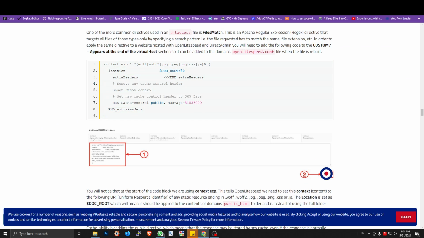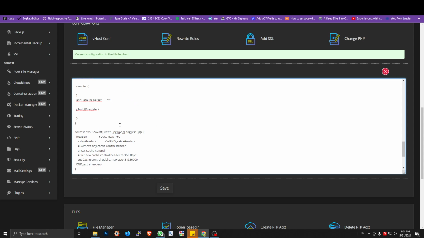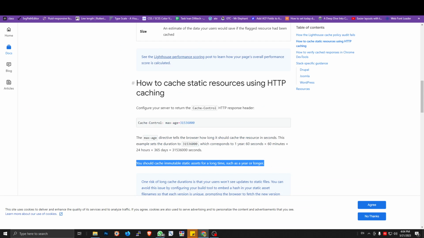So let's copy and paste it, and this comment we can remove. We can remove that too, and this you can set with whatever value you like, but as the PageSpeed documentation says, you should cache immutable static assets for a long time, such as a year or longer, so one year.